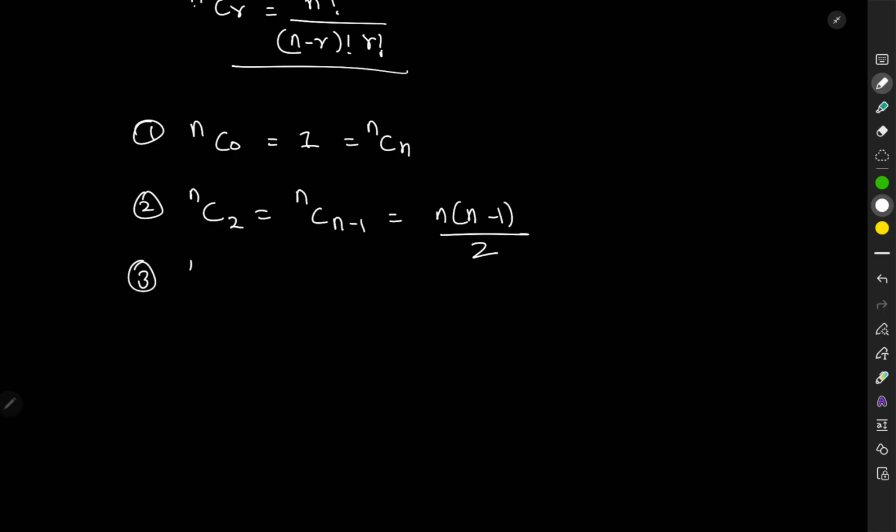And the third, NC1 will be equal to... here n minus 2, not n minus 1. Fine. Here NC1 will be equal to NC(n minus 1). Fine. That will be simply equal to n. Okay, so remember,